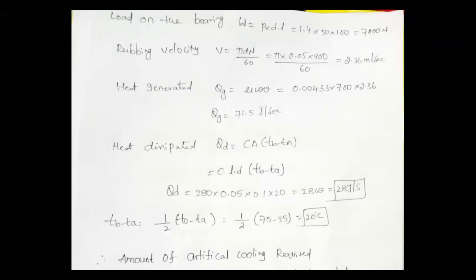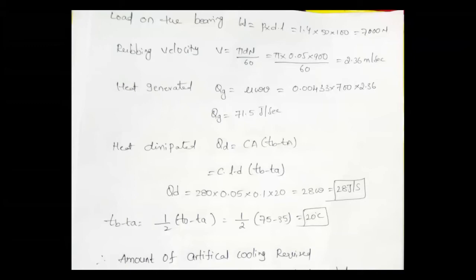Next, our aim is the W value. Already the mu value is over, then go for W. W is the load, right? What is the bearing pressure formula? P equal to W by area, right? Already the bearing pressure value is known and the area value is known. Area equal to L into D. Please substitute, then you will get the value of load on the bearing.